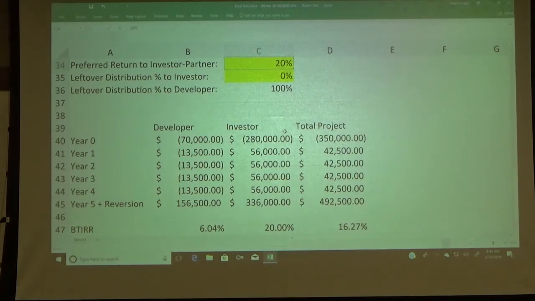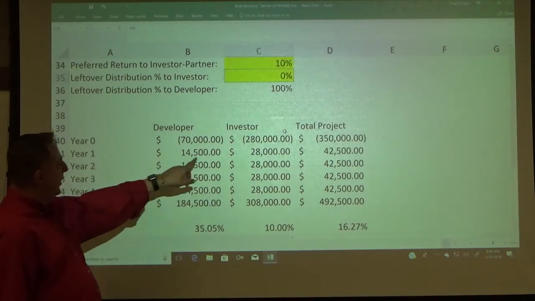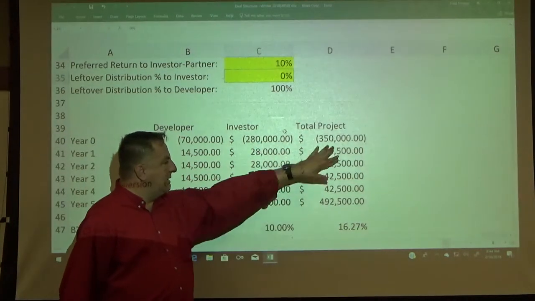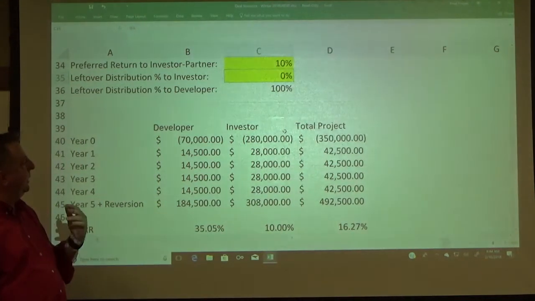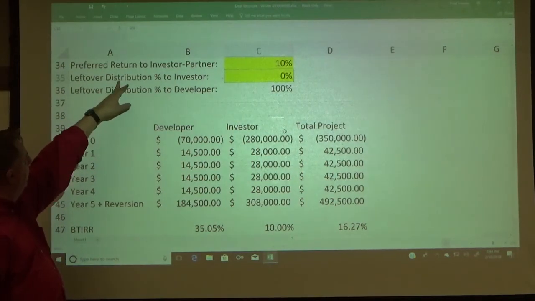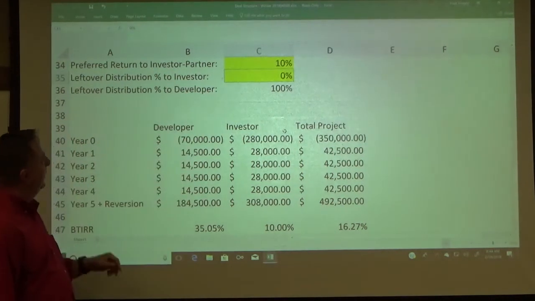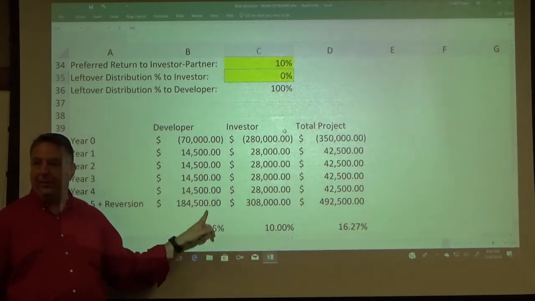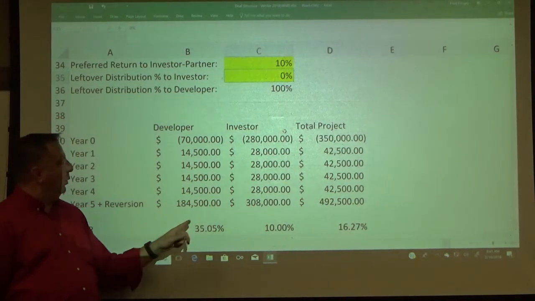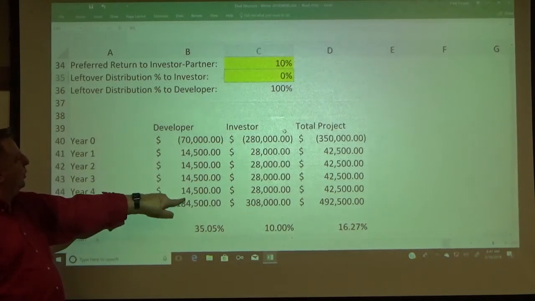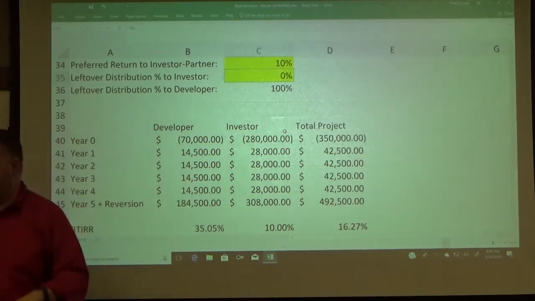All right, so let's go back down to 10 here for a second. So now, if we do the leftover distribution, before we do that, you look, this is the maximum amount we have to pay out. That means any percent that I put in here as leftover distribution goes to the investor, and that's going to come out of this column right here. So it's going to be like 20 or 80% of the 42,500, right? Well, no, it's going to be of this amount. In other words,